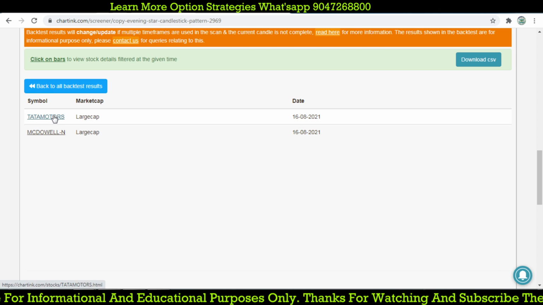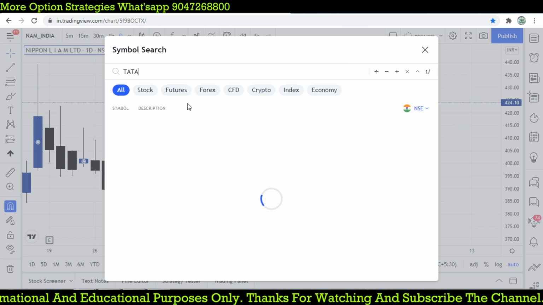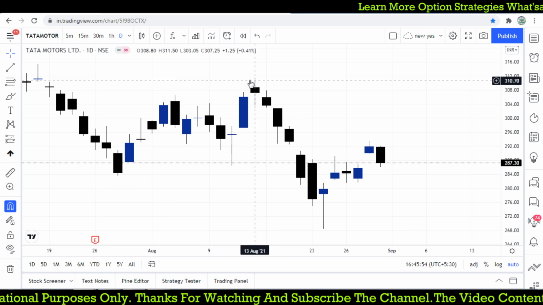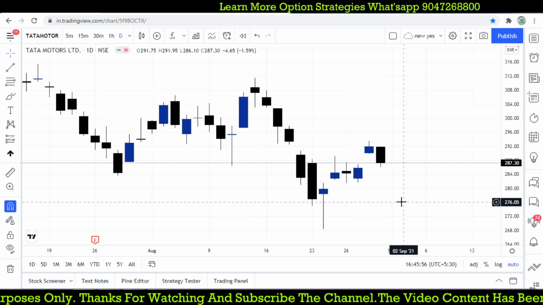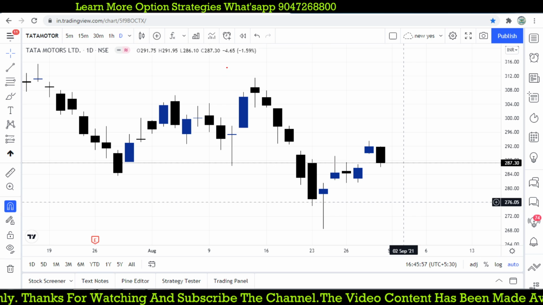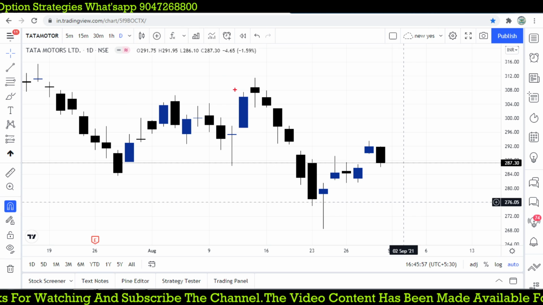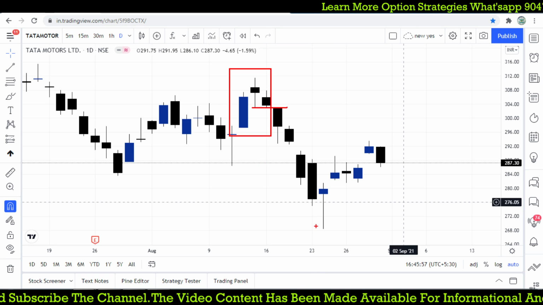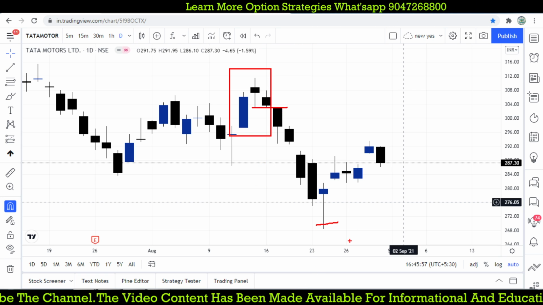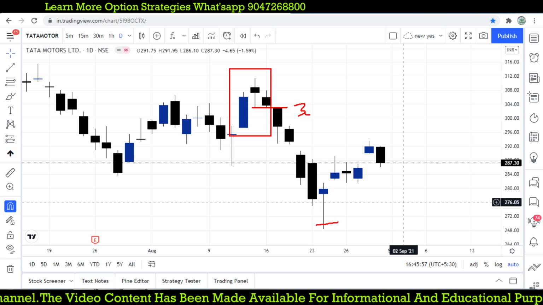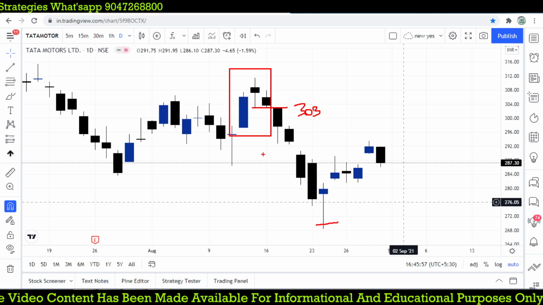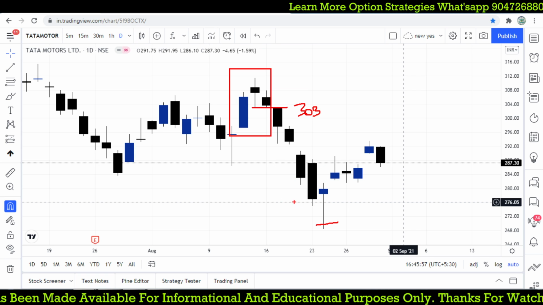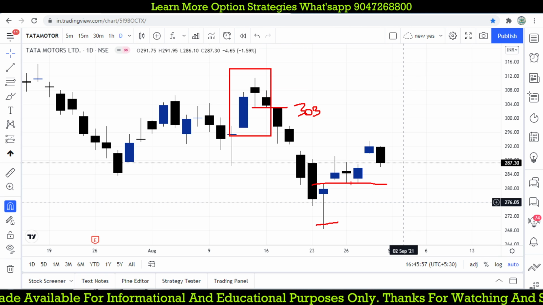I think this is Tata Motors. I have done a trade on Tata Motors based on the candlestick pattern here, where you see that there was a top and an exact pattern from the highest level. Can you see that this level is around 300, and from 300 it came down to 268. So from 303 I think this is the level. I took the trade on that evening star pattern. Again in Tata Motors we were expecting a reversal, and it was not triggering.